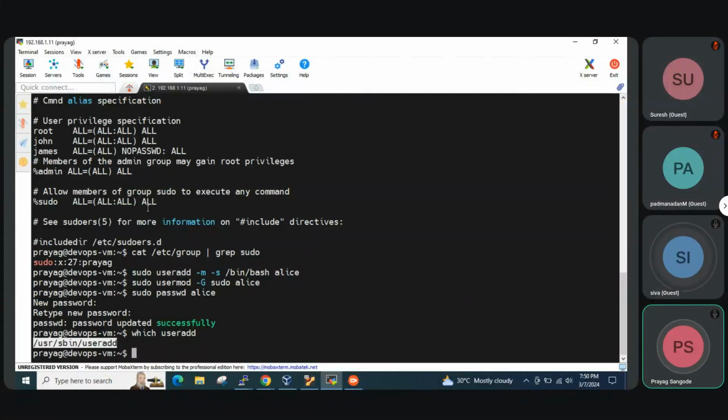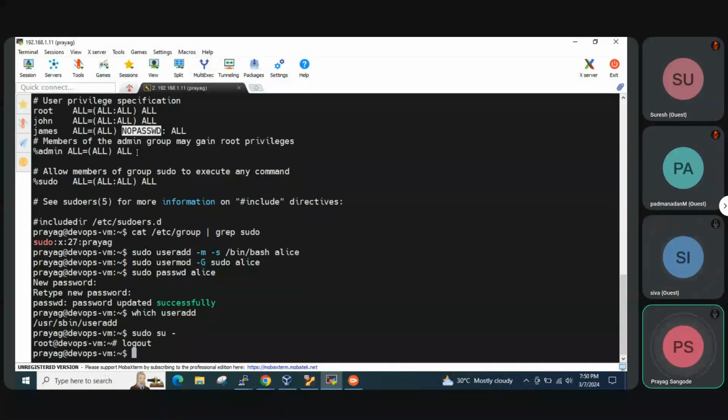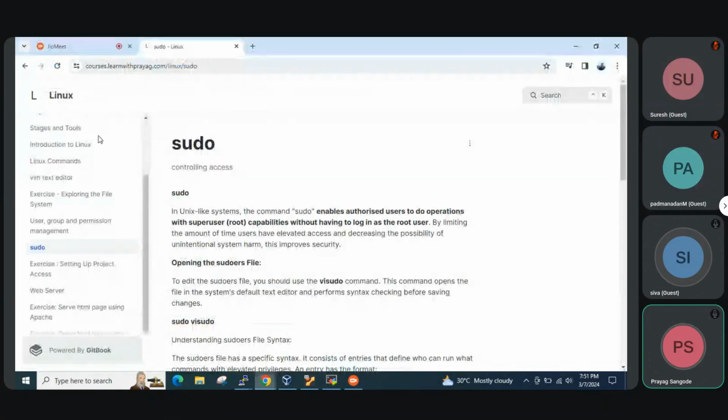But we rarely follow such segregation because it is very hard to manage. Most of the time we'll be giving all permissions. And even NOPASSWD is a high privileged option because after becoming root, it can do anything. So it depends upon the policies of the organization how they set the sudoers. But remember, instead of ALL, we can also set a particular command or a set of commands. So that was all about sudoers. If you have any